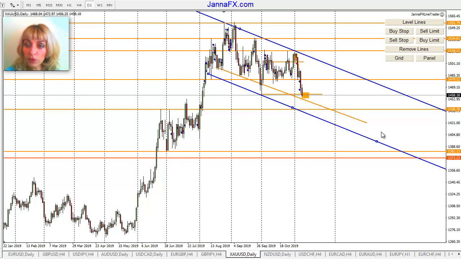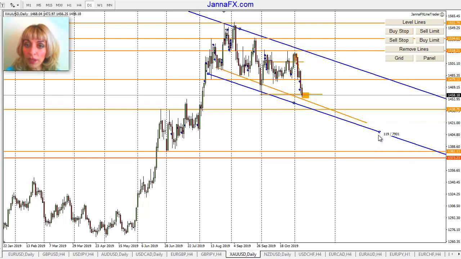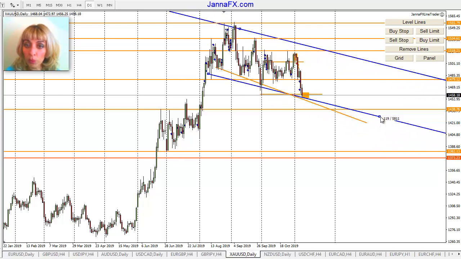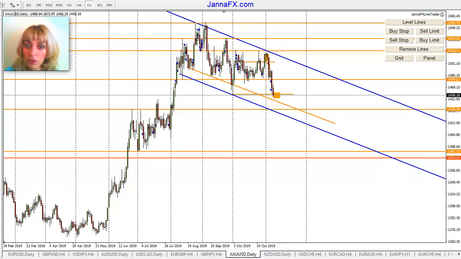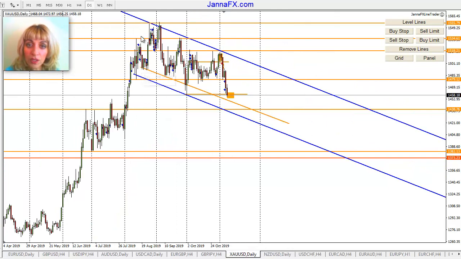So you see that the point is the levels could all be moved, right? So that's why it's not as clear, but I'm going to leave it as it is. That's why I have here a level which is picking up pretty much the bodies of the candles of that downtrend. So here it might just move a little bit down, touch it and then turn around and start to consolidate a little bit above or underneath that level, right? Or it might go in a correction. So those are all the possibilities and